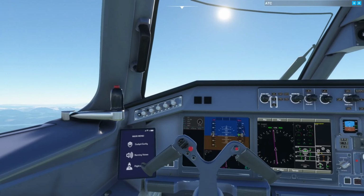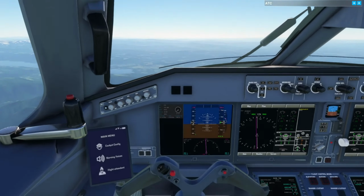Seattle Center So altimeter, 30.56 radar contact. Continue. anyway,